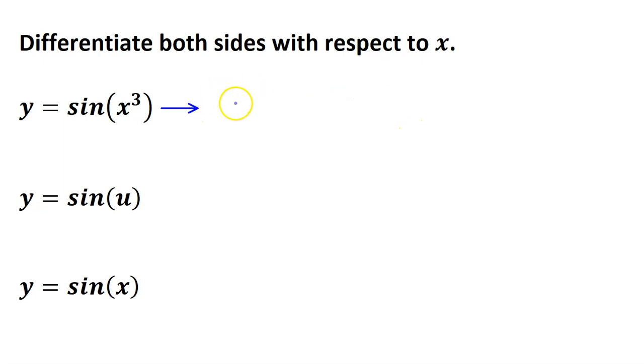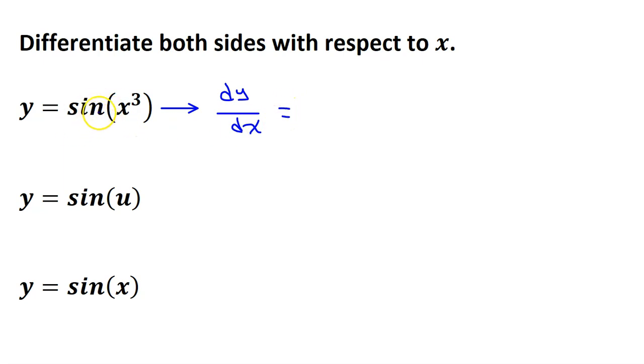The Lagrange notation, the one with the prime, is sort of limited because it only works when these variables match. We were taking the derivative with respect to x, and here we have a function of x. But in order to prepare for when the variables don't match, let's go through it again using Leibniz notation, the one with the dy dx. In fact, the derivative of the left-hand side is dy dx,